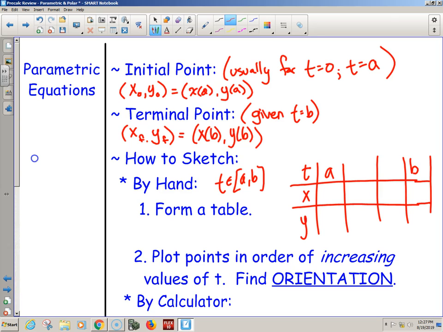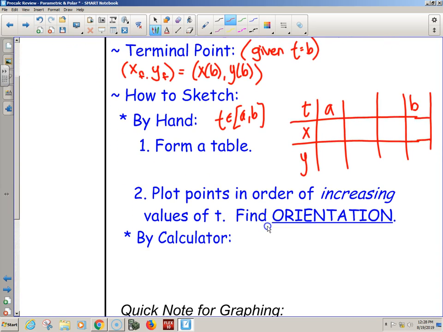But time, at least for our purposes, only moves one direction. So if time only moves one direction, we are going to plot these in a very particular order. Super important because time is only going one direction, and so to figure out the motion,